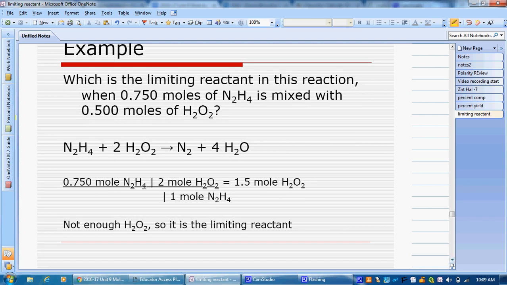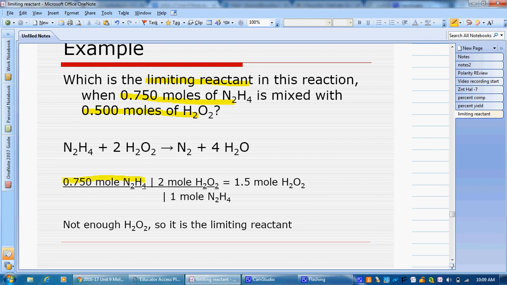And so here's our example. We want to find out which one is the limiting reactant in this reaction. It tells us we're starting with this much of our N2H4 and this much of our H2O2. We've got our balanced equation here, and we just start by converting to moles. We look here, we're comparing moles, not converting, they're already in moles. So we look, we've got